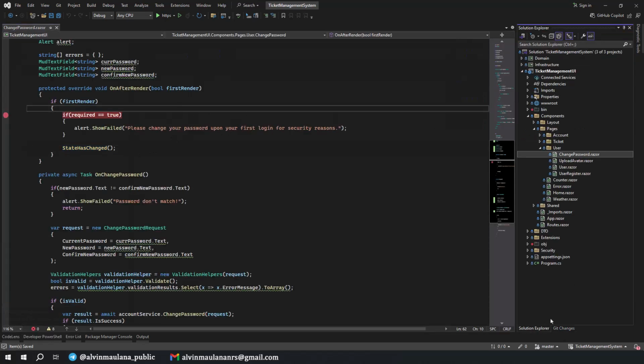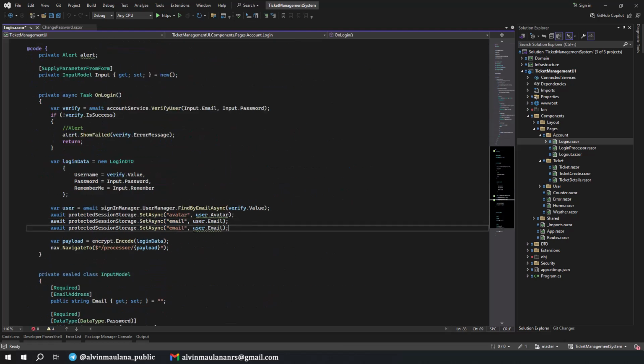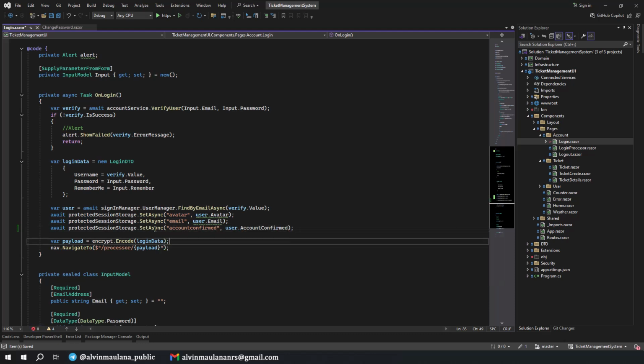Okay, let me check where we assign the session, I think in login. Okay, correct, in here. So we will set another value, account confirm. By this we will get the value of account confirm in our change password.